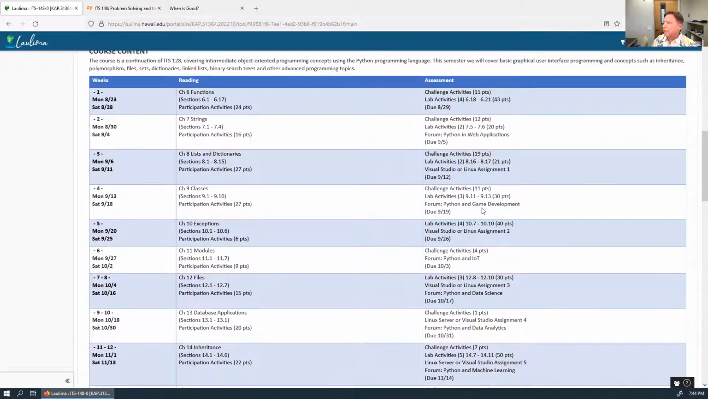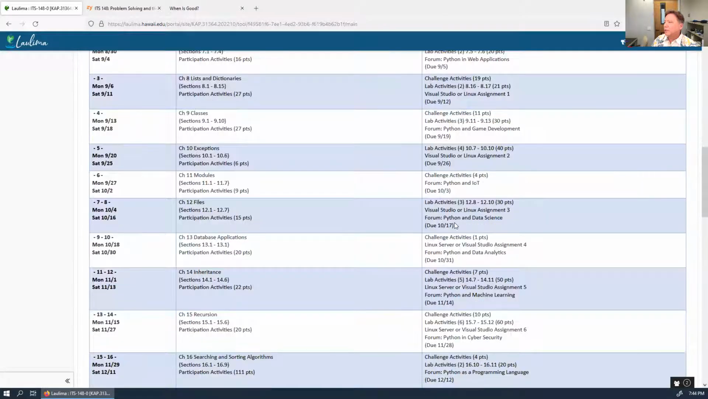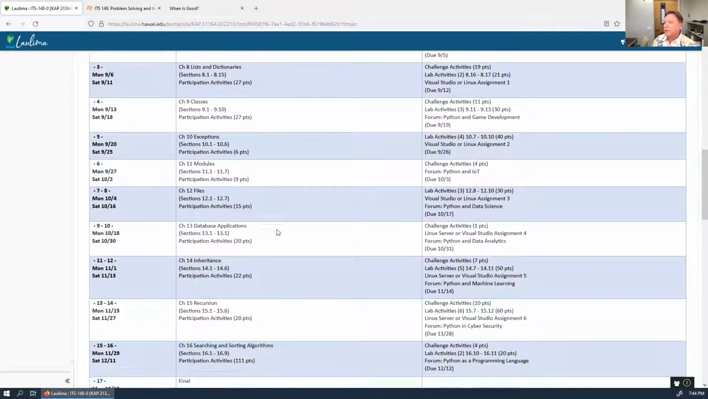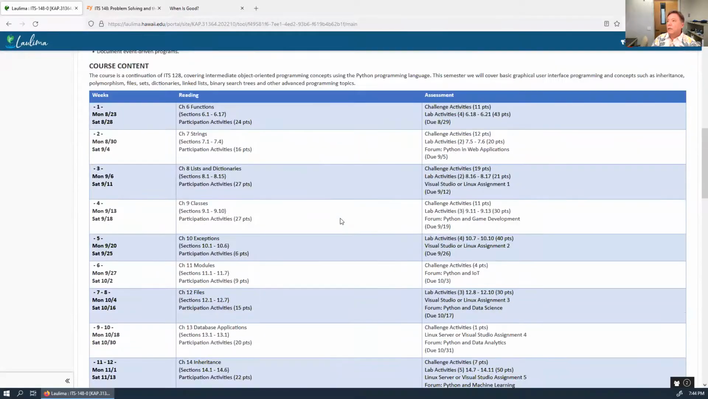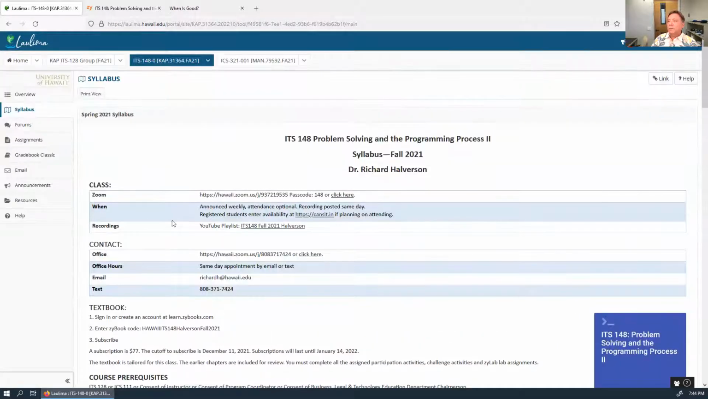But okay, so there will be 6 of these platform assignments. If you look at the grading breakdown, the relevant forums, so the platform assignments, they're going to be fairly substantial, and that's why it's such a large percentage there. So that pretty much covers